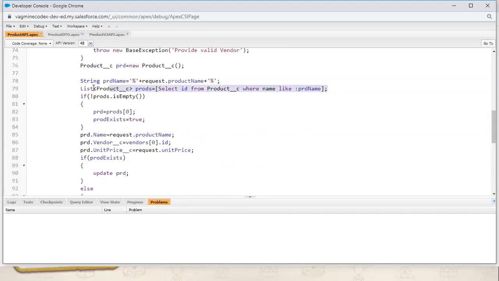Now that condition, line number 79, in put is based only on the product name. I'm just checking whether it exists or not. So if we want to change the logic, you should change it here only. Okay, not only the product name, I want to check the existence or uniqueness with other criteria as well. And then based on this, you can put the operations.